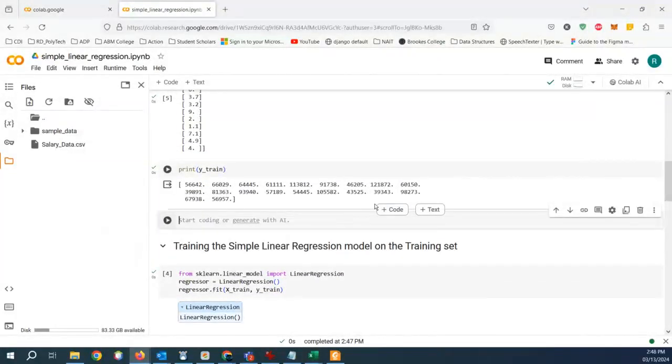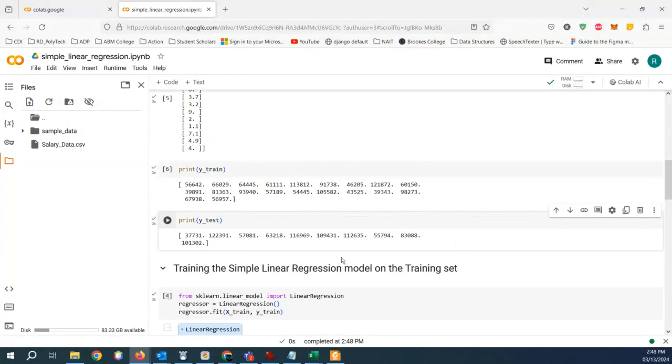We'll go to the code and say print y underscore test. And we can see who is the part of the test set. Let's see how many people. These are all the part of the y test. If I want to print x underscore test, I can print that as well. But let's see who is this guy. 55,794. So as you can see,